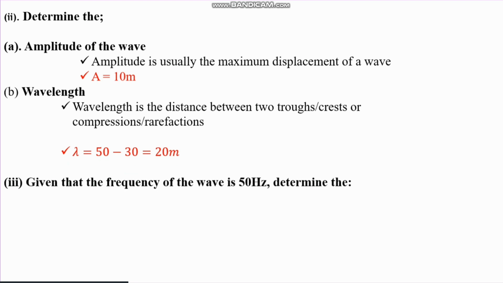Given that the frequency of the wave is 50 hertz, determine the period. Now the period of a wave is the time taken for one complete oscillation, and it's given by 1 divided by the frequency. So the period is 1 divided by frequency, and remember the frequency is 50 hertz and our period is 0.2